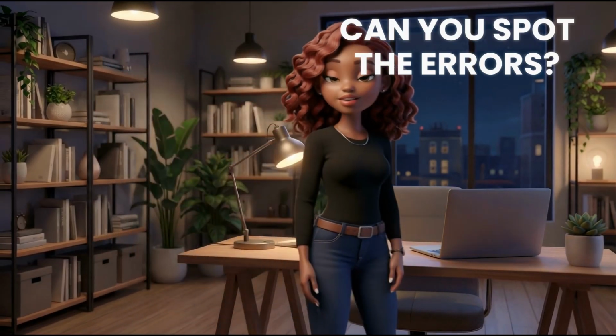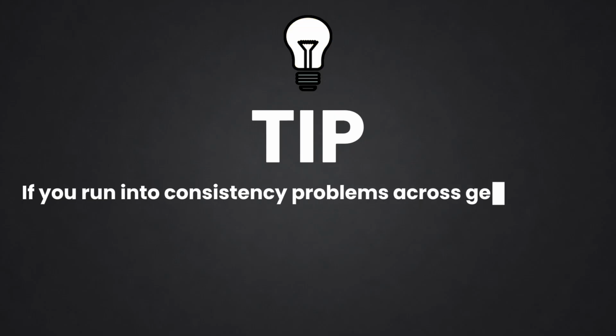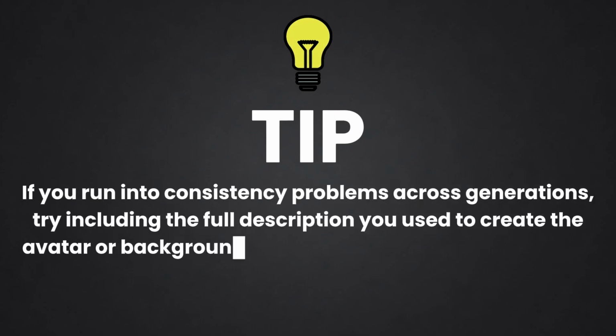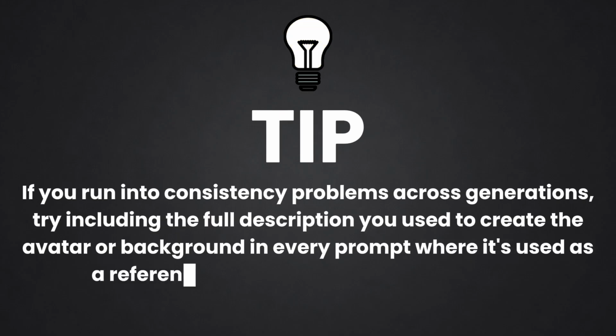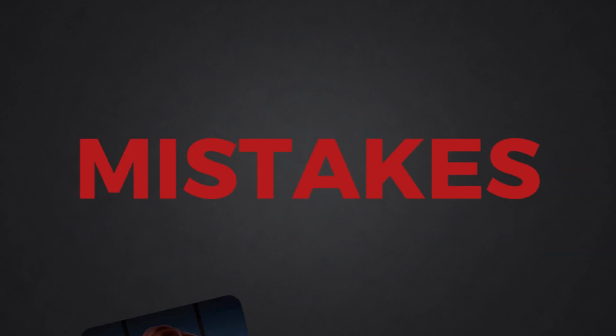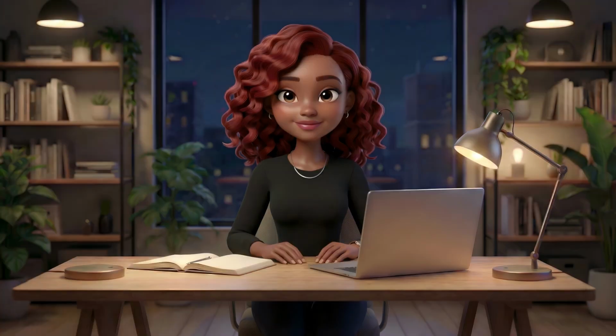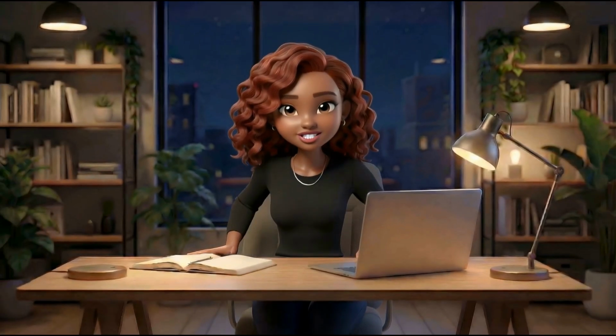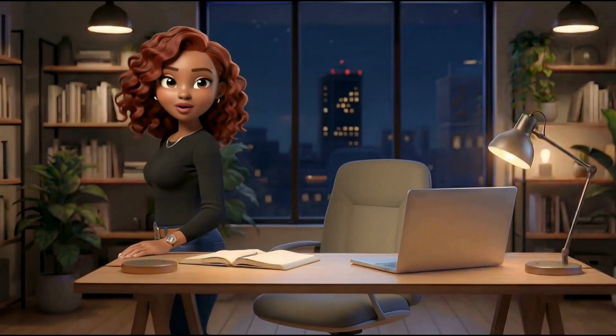movement or additional scenes. If you run into consistency problems across generations, try including the full description you use to create the avatar or background in every prompt where it's used as a reference. This can help reinforce details. Nano Banana Pro is great, but it can still make mistakes, like in these images, where her earrings and overall appearance changed between generations. At one point in the video, I want to walk around the desk, but the generated